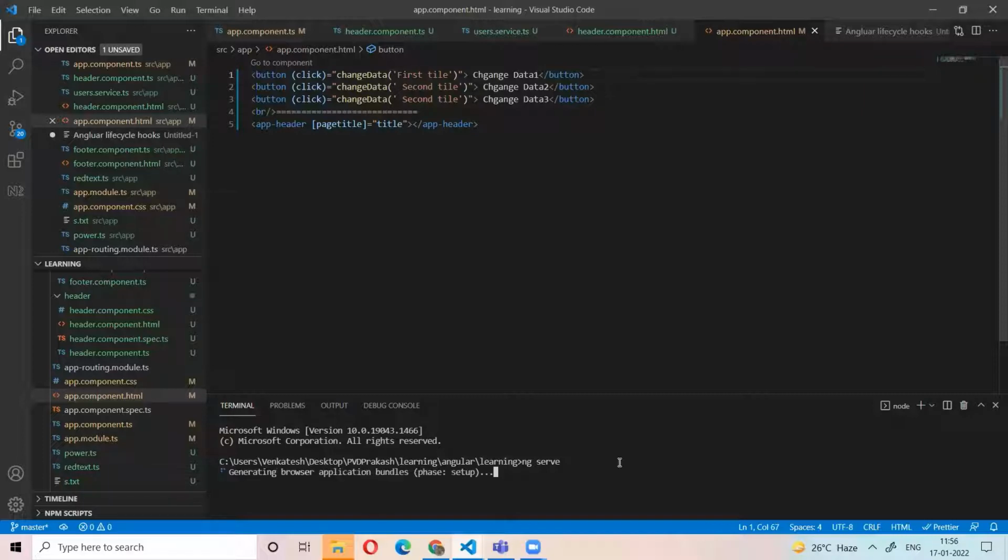The third time I click this button, will ngOnChanges be called or not? No, because I'm passing the same data, there is no data change. That's why ngOnChanges will not be called again.